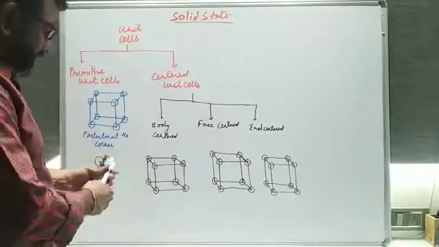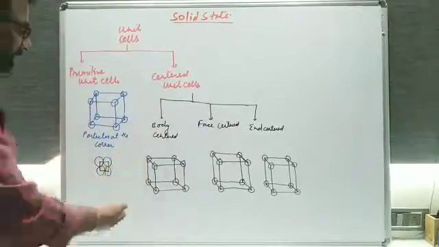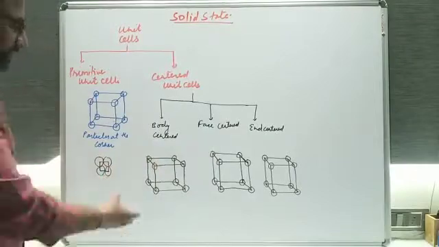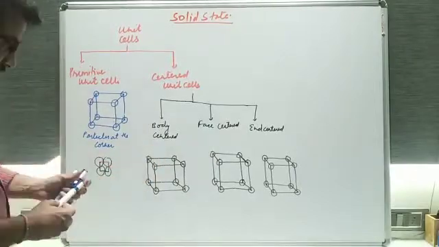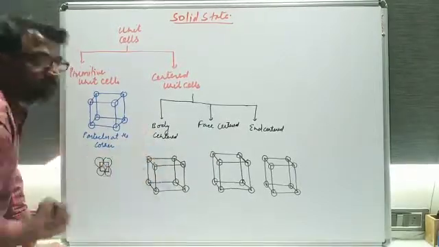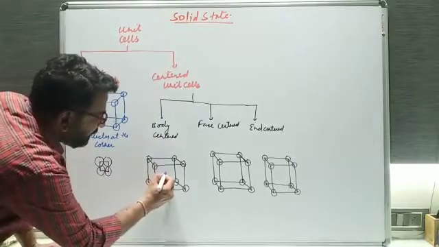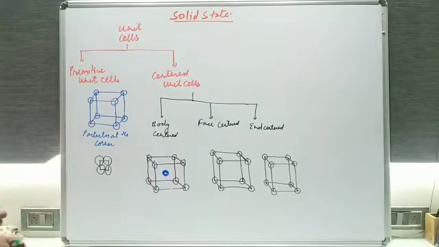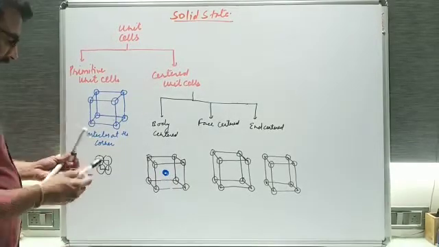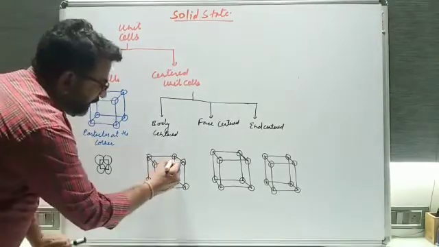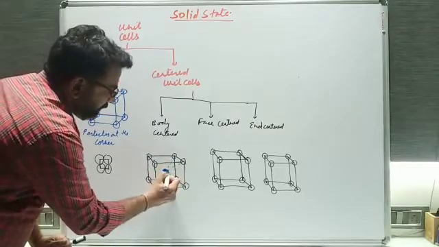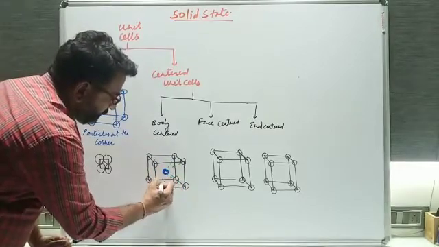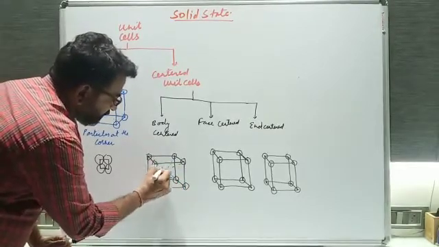Okay, so here the first thing is the body center. We will see that this is the basic unit cell structure, right? So what is the meaning of body center? One of the particles will be present at the center of the body. Suppose the particle is present at the center of the body. Is it clear, students? Here you will see that all are connected with each other. This will be connected to this one, this will be connected to this one. All particles will be connected to that.